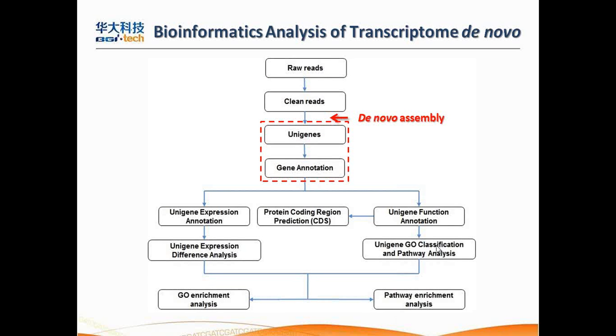So after we collect the sample, after we generate the library, then the next step we need to do is to analyze all the very short reads. That read is only about 90 base pairs long. So this is our pipeline of bioinformatics analysis. The first one is the read we got from the sequencing machine, the Illumina HiSeq, and then we